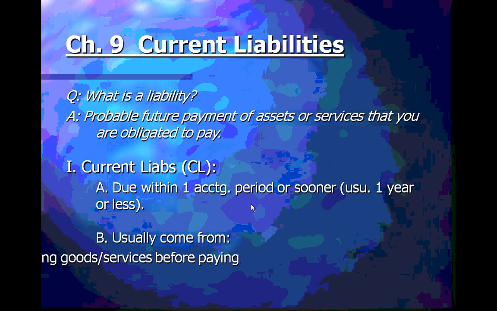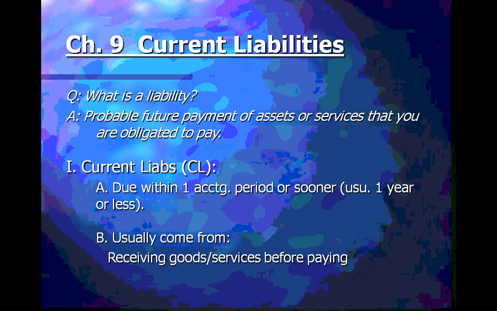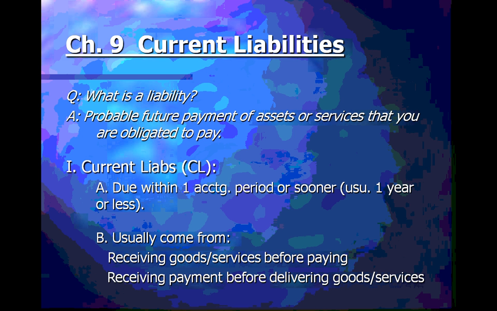These things usually come from if you received goods or services before you paid. In other words, someone did the work in advance, you didn't pay them till the end, or if you got paid in advance for work you haven't done yet. Another way would be if you received a service, for instance utilities, and then you pay in arrears, as they say. If you got that benefit first, then you would actually have a liability because you still owe them the money. In other words, you're liable for the money. So that makes sense to most of us.